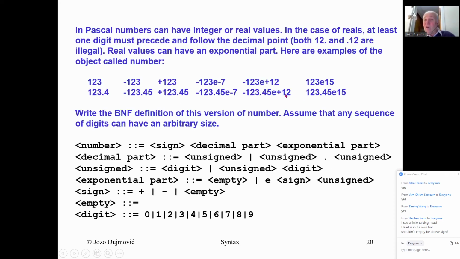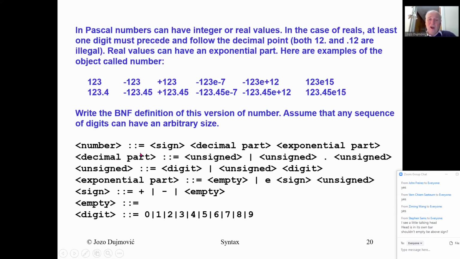Also, if you have here an exponent, no language will in normal implementation accept more than 3 digits here. So you can have 2 in most cases or 3. Why 3? Well, 308 is the maximum in double precision. So you are not going to have 999 here or 4 digits. But we assume that it can be any size. So